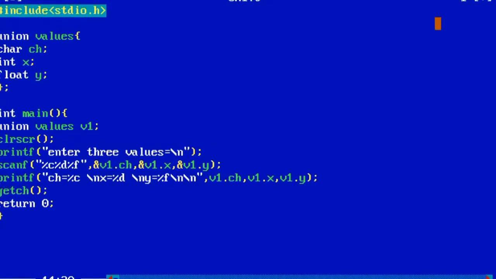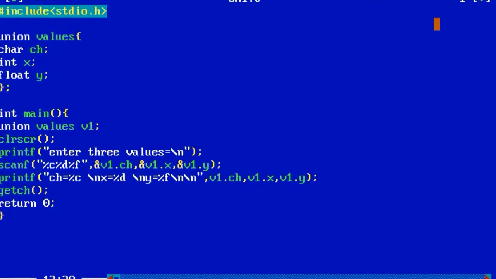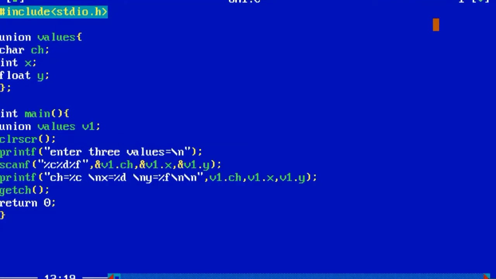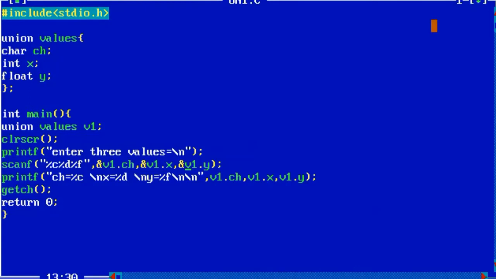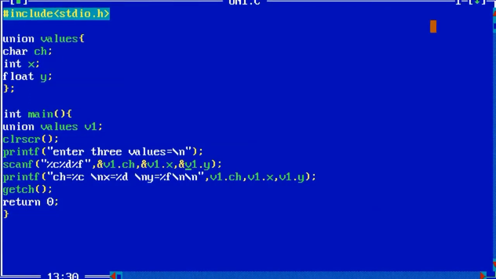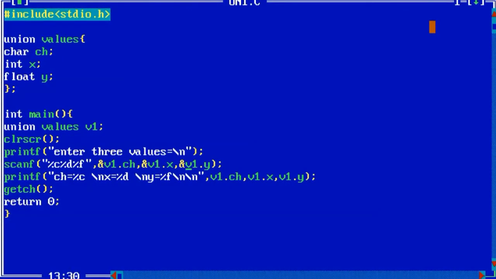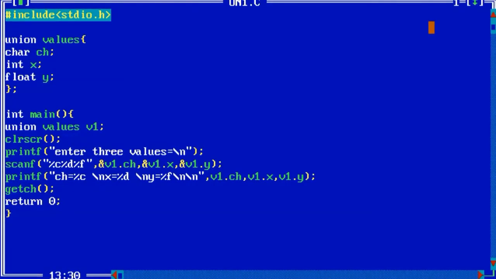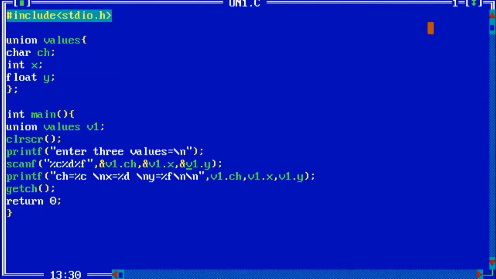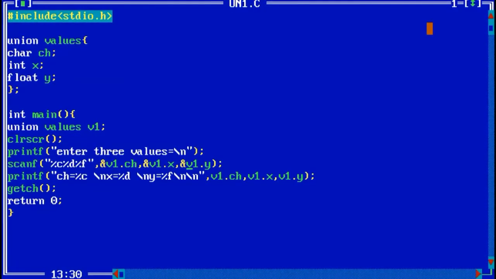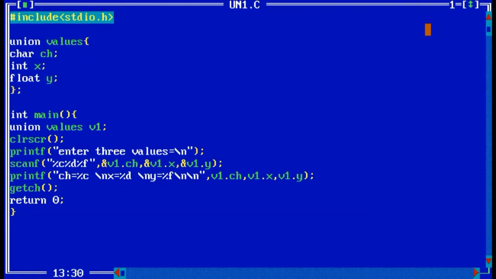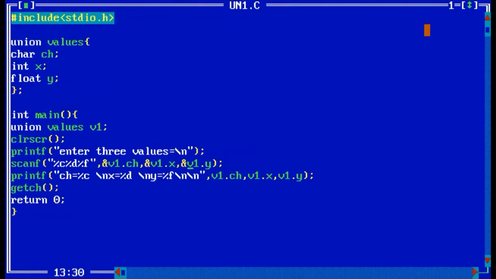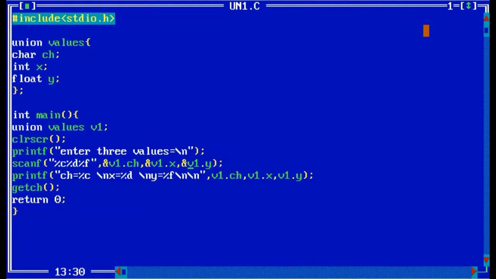If you have given these three values, that means this scanf has read the values for ch followed by x followed by y. That means first it read the value of ch, then x, then y. But when you print these values, you can see only the most recent value that you have entered. So it will have only the y value. The previous two values, ch and x, get overwritten by the y value.